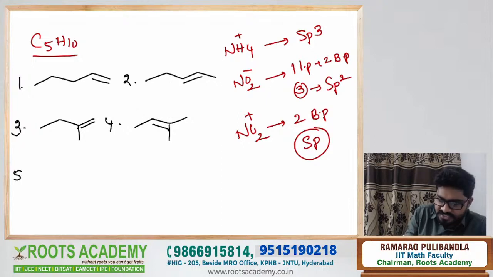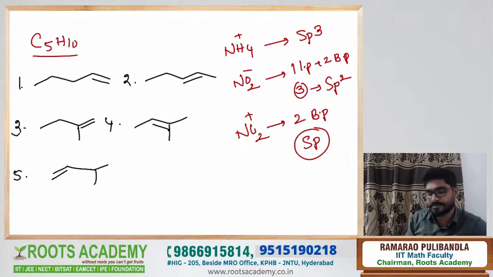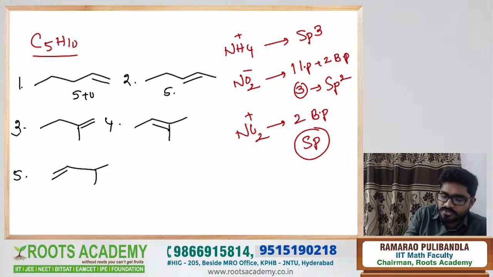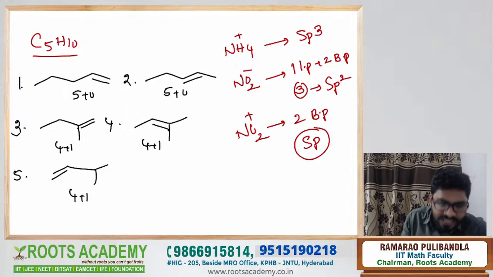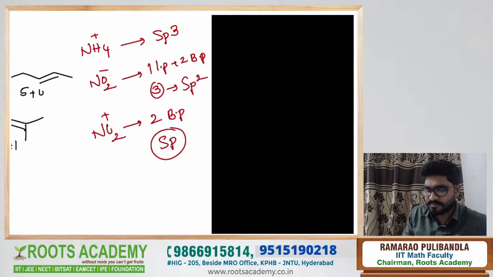Fifth structure, we can write like this. Same thing I am writing, but I am changing the position of the double bond. Like that I can keep. So this is 5 plus 0, these two are the same systematic approach. You should not go far away. Not deviate from that. This is about 4 plus 1. See, in open chain, totally we got 5 structures, guys. Tell me any other possibility with the open chain, not with the ring. Anyone, guys?